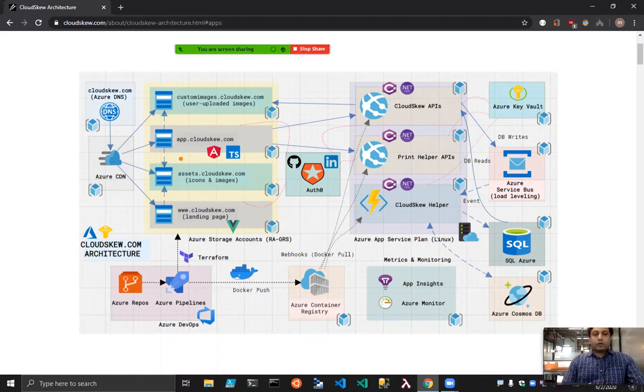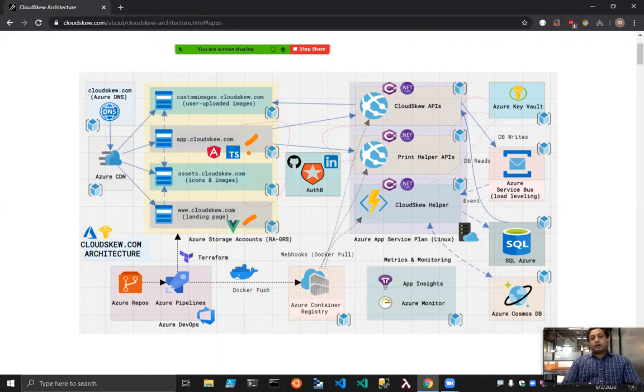So at the core, we have two front-end apps. So we have the landing page, which we just saw. That's a static VuePress app, authored with Markdown and just serves static images. Nothing fancy about it. So it's straightforward. Then we have the diagram editor itself, which is an Angular 8 app created with Angular 8 and RxJS and a couple of other secret ingredients. So that is this one.